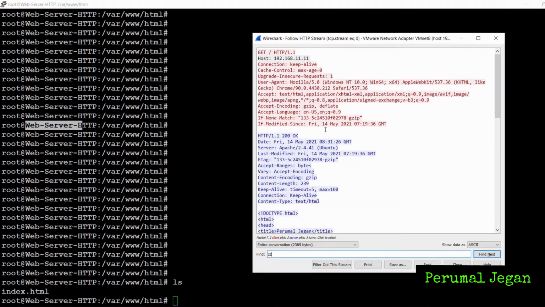In such cases, this host field will help the web server understand which website the request is coming for.